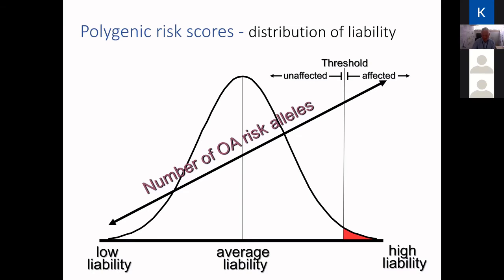So one of the issues in osteoarthritis is that sometimes you can develop a drug, try it out on a population, but the individuals take a long time to progress. So you're unable to quickly test efficacy. If we could identify people who are likely to progress, then we may have a better opportunity to intervene and therefore test efficacy of that compound. So that's the utility of polygenic risk scores.